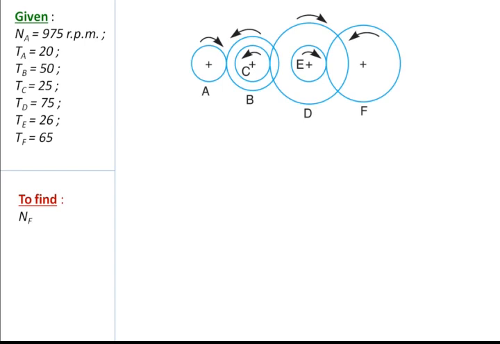So now we come back to the diagram again. As we have discussed previously, B and C are compound gears, therefore they will have the same sense of rotation, that is opposite to the gear A. If we assume that A is rotating with clockwise sense, B and C will go with anti-clockwise sense. Similarly, as C is driving D, which is compound with E, they will go for opposite direction, that is clockwise motion. And finally, as E is driving F, it will go for anti-clockwise rotation.